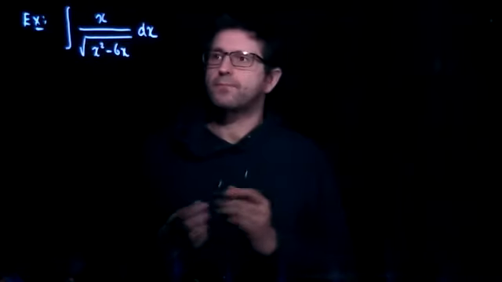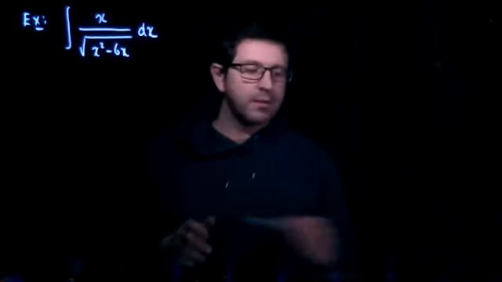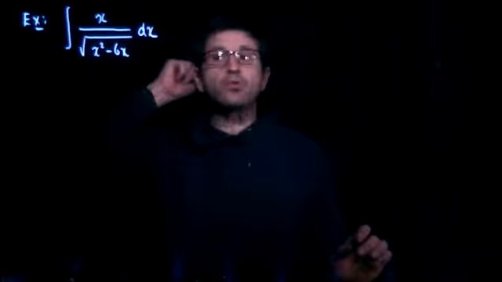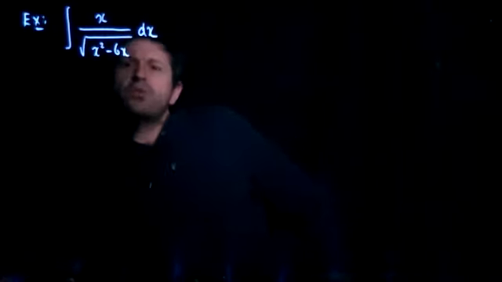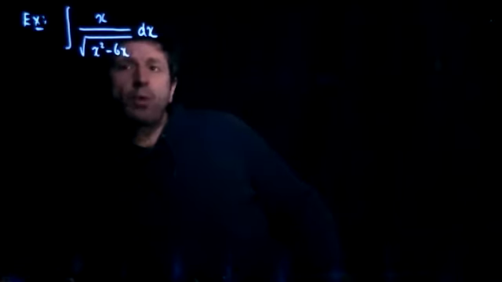The integral of, what did I write here? x over the square root of x squared minus 6x. Okay, so this is a tricky one. What do you suggest we do here? I have a big problem because